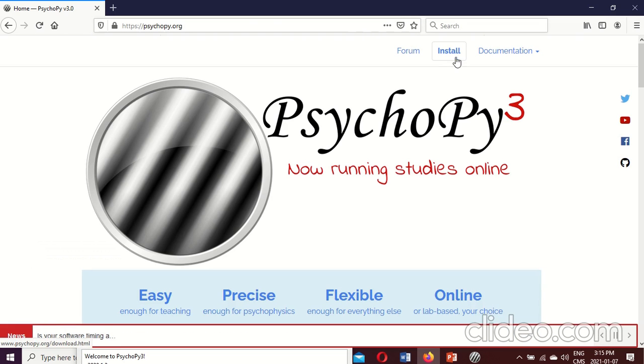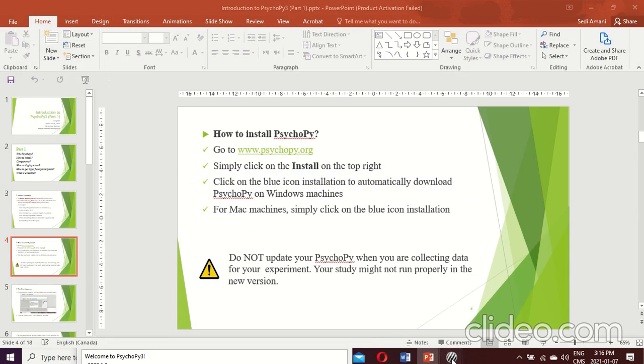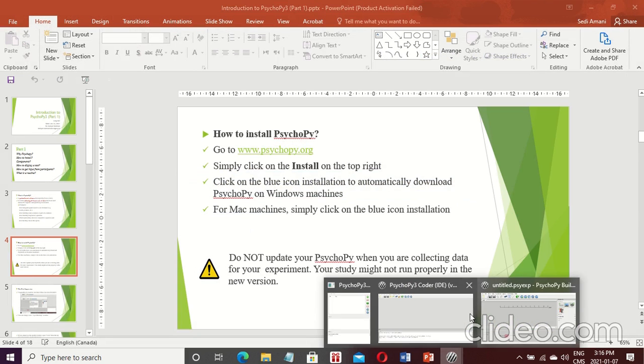On the top right corner you have an install icon, so you click on this icon, and then based on the operating system on your machine, it suggests whether you need to install the PsychoPy version for Windows, or if you are using a MacBook, it suggests you download the version for MacBooks. So if you click on this blue icon, it is automatically downloaded onto your machine, and then when you open the software, it